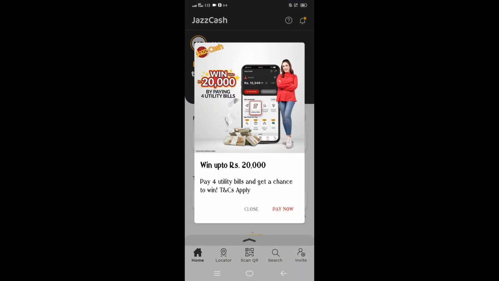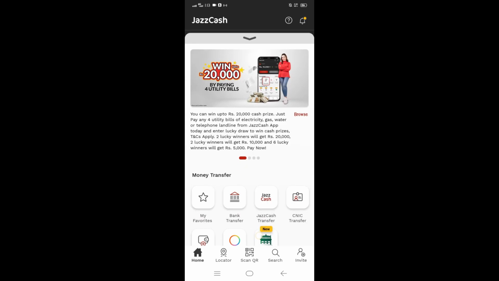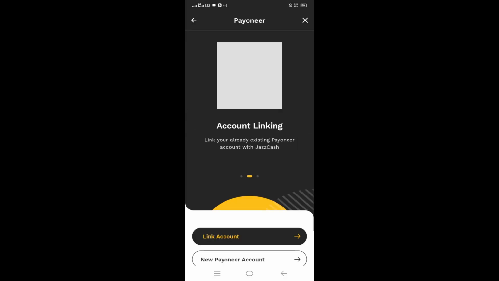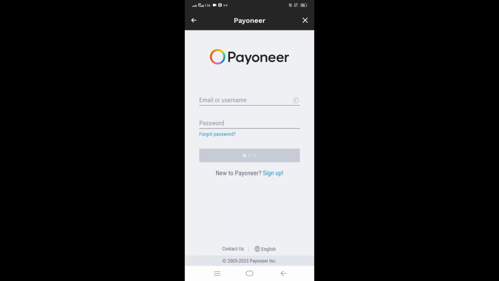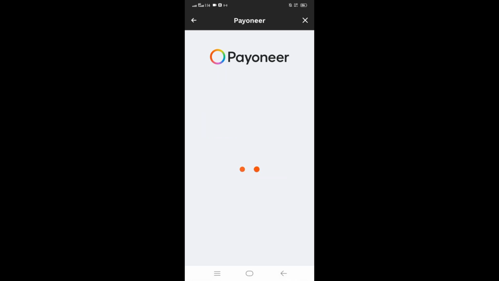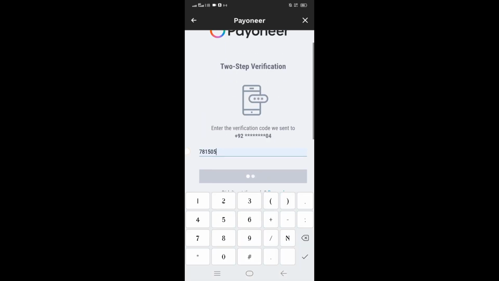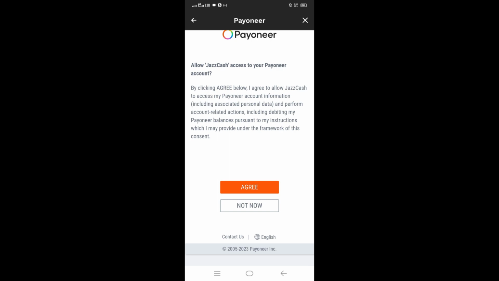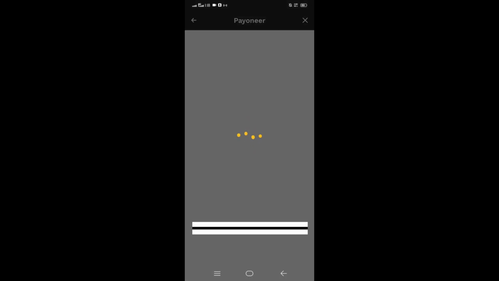Now I'll go to my Jazzcash account, and in Jazzcash, here you can see the Payoneer option. I'll link my account with Payoneer, then I'll put my login details, my password in Gmail. I'll sign into my Payoneer account, and then I'll get a code on my mobile. Then I'll put it, I'll agree to this statement, and I'll log in to my Payoneer account, and now these